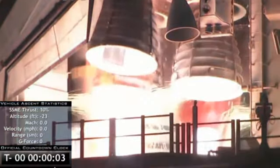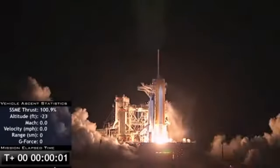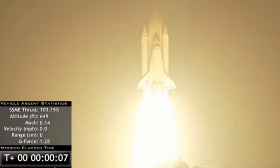3, 2, 1, 0. Booster ignition. And liftoff of Discovery. Blazing a trail. Scientific discoveries of